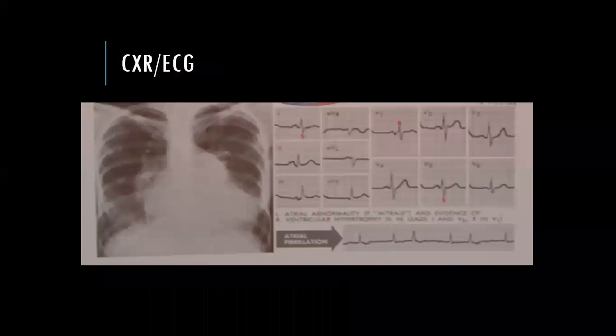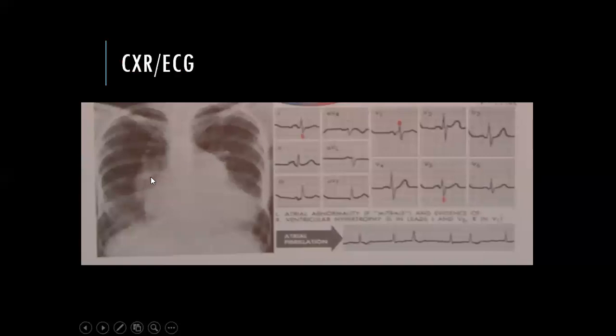So as we discussed, in this picture you can see that there is enlargement of the RA, and enlargement of the pulmonary artery and the left atrium, and you can see some pulmonary congestion over there, and you can have a double contour on the right side. You can see the double contour. And here is the enlargement of the LA, here is the enlargement of the pulmonary artery,